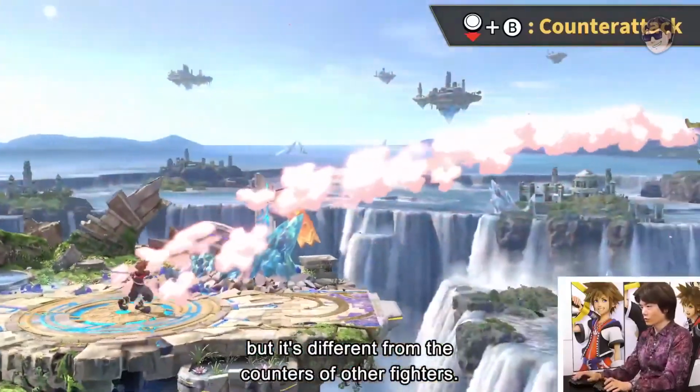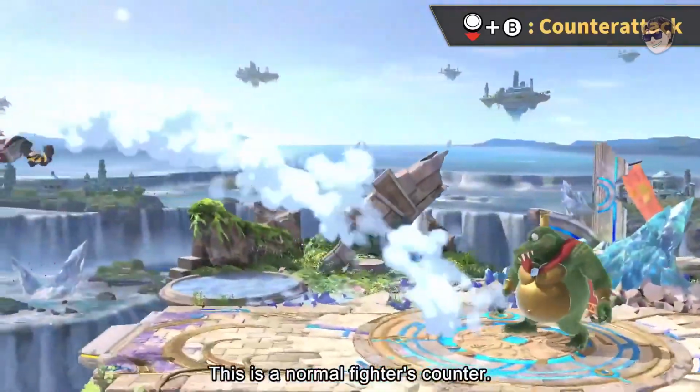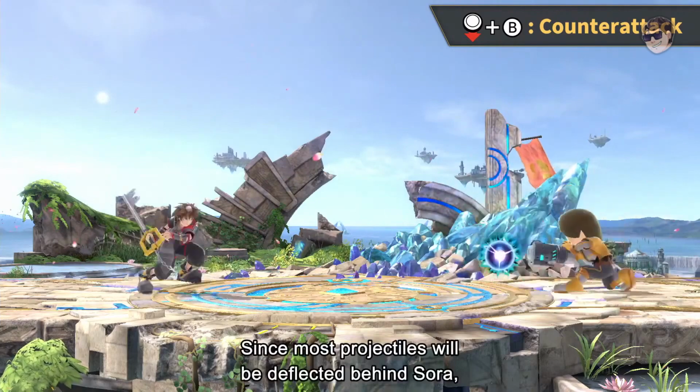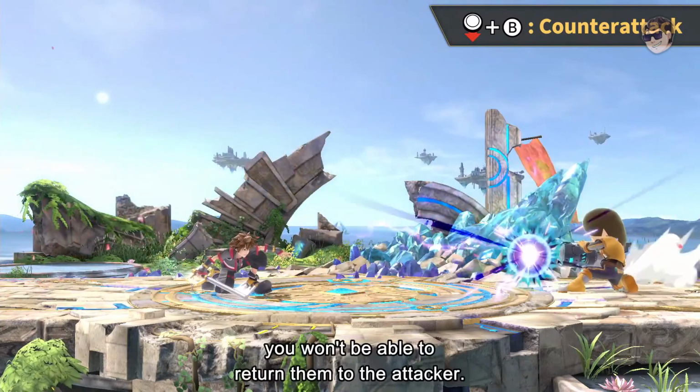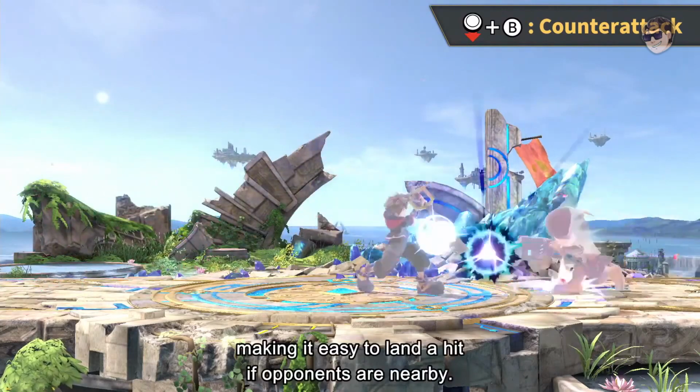His down special is Counter Attack, which is pretty much the same thing that's in all Kingdom Hearts games. You block and counter back with a stronger hit, and if you do counter attack a projectile, it does keep going behind you, and it can hit an opponent behind you, and the attack does get multiplied by about 1.4